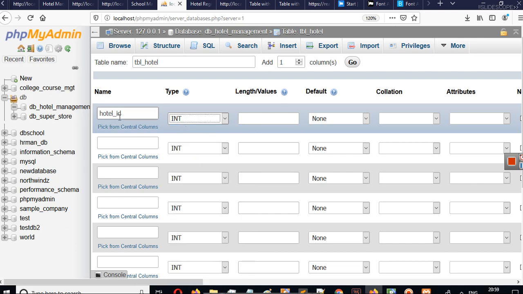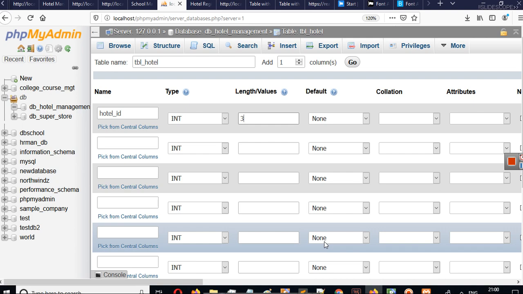We will make our hotel ID an integer. Its length will be, let's say, 3. As your government ID has n number of characters, our hotel ID can have a maximum of 3 characters, and it will start from 1. So hotel number 1 will have an ID of 1, hotel number 2 will have an ID of 2, and so on.